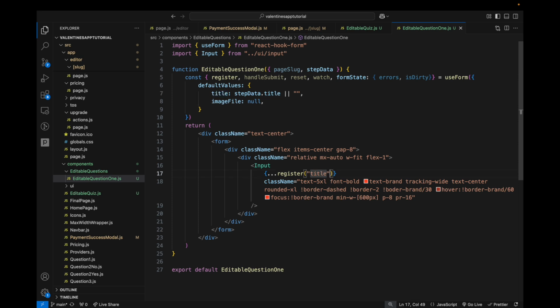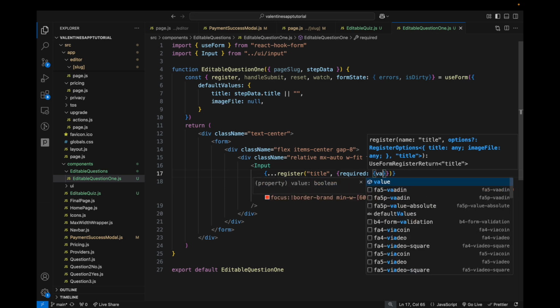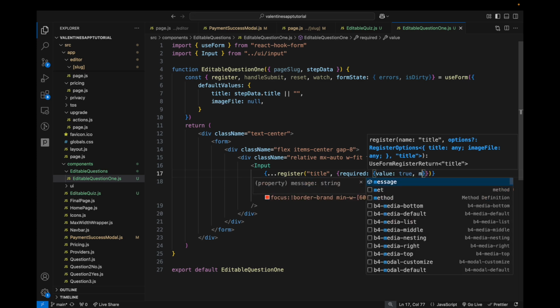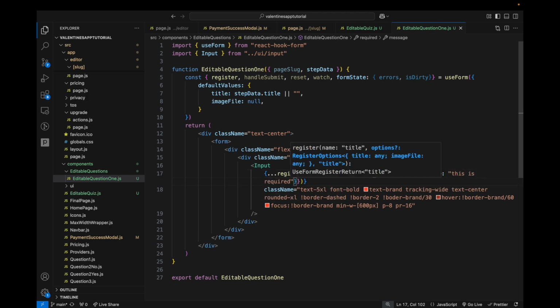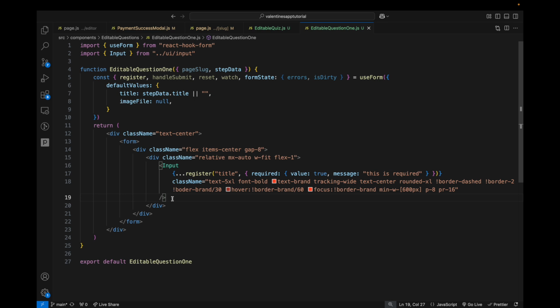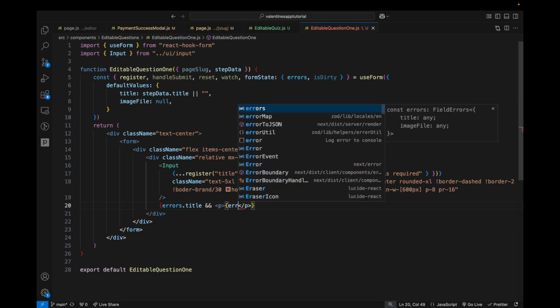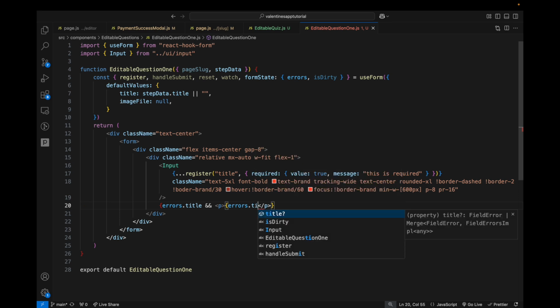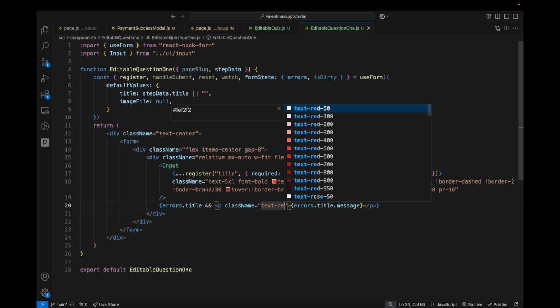So title, and the required value is gonna be true, and the message will just simply say this is required. Then below this input tag, let's say errors.title. If that exists, then we'll render a little warning like we did before. So open a p tag and then just render errors.title.message, and give this p tag a class name of text-red-500